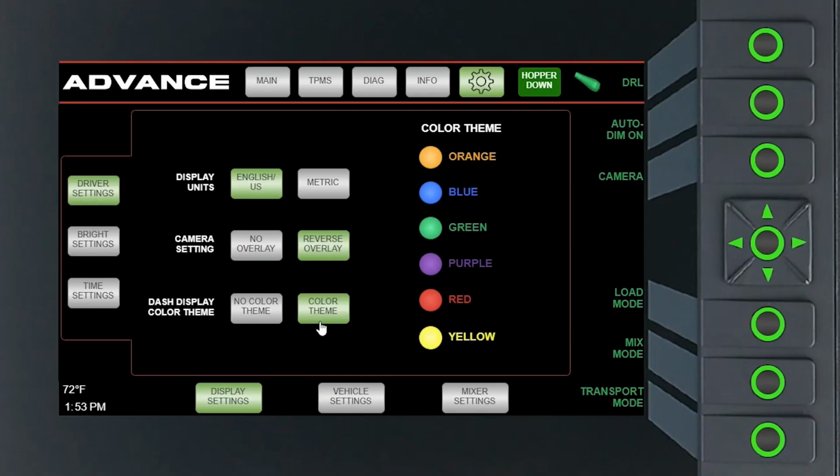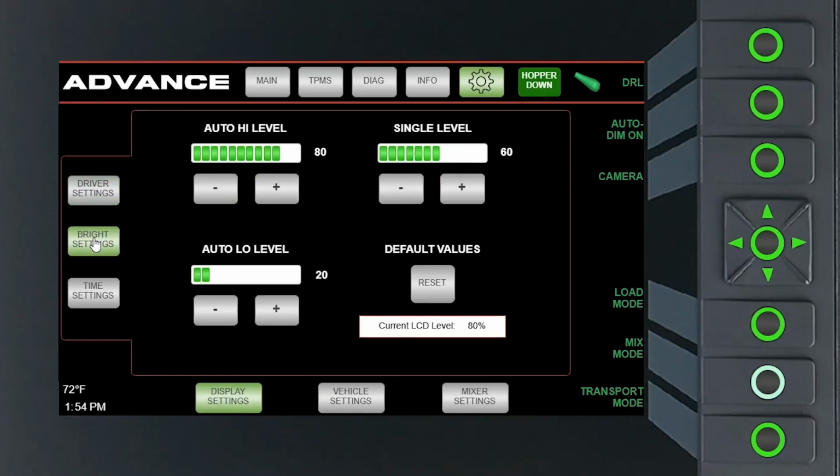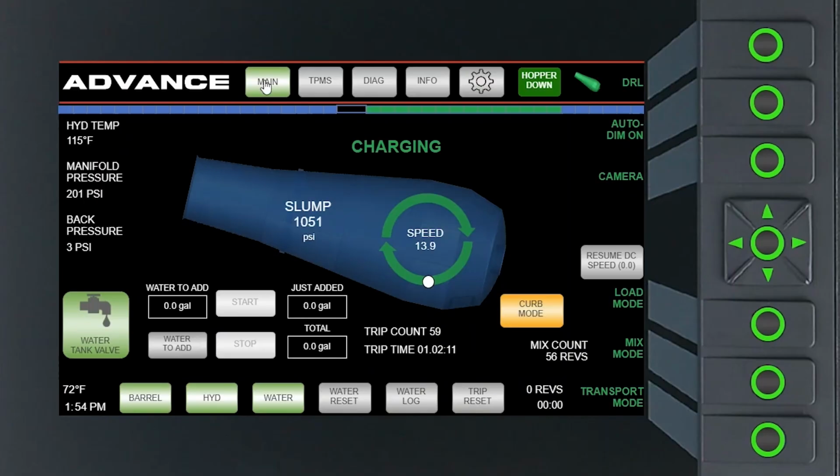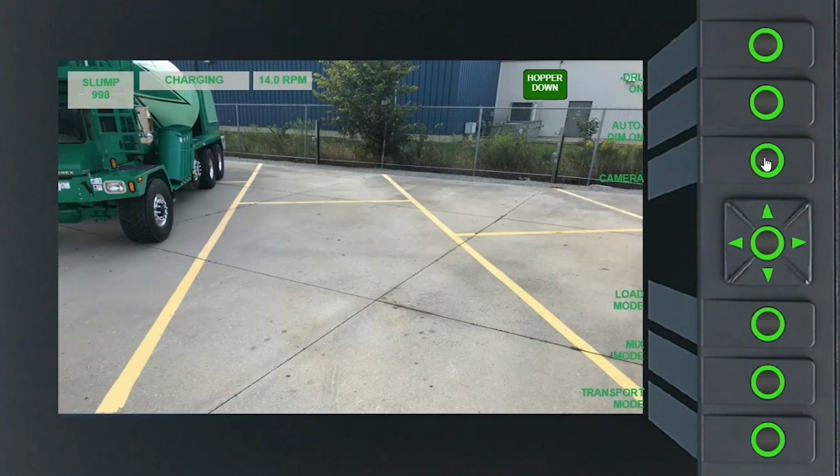Brightness settings allow screen brightness to be adjusted for different lighting conditions. Time settings and vehicle settings, which includes TPMS configuration, are also found in this section along with mixer settings. Back on the main screen, the lighting controls are located here. Daytime running lights and auto dim can each be toggled on and off. The backup camera feed is also accessible from this view, and with reverse overlay enabled, it will display the data